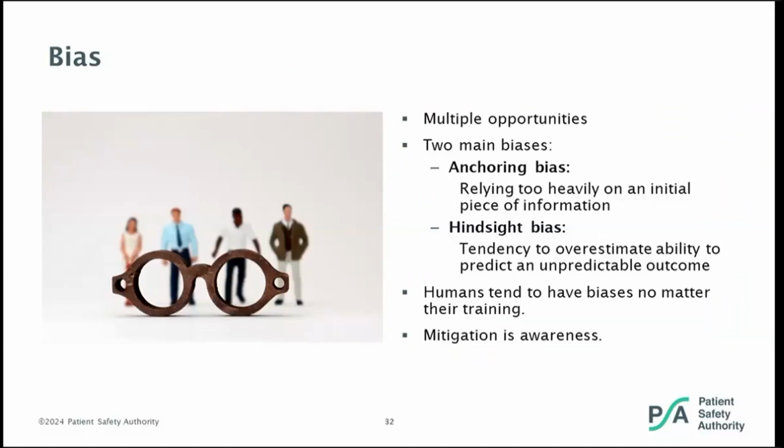So bias. Humans have a natural tendency to form bias and establish a perceived reality without knowing the facts. There are two types of bias that I'm going to talk about today: anchoring and hindsight bias. Anchoring bias is relying too heavily on an initial piece of information. That initial piece becomes your anchor. As a result, it skews one's abilities to arrive at logical conclusions, make accurate estimates, or select suitable choices.